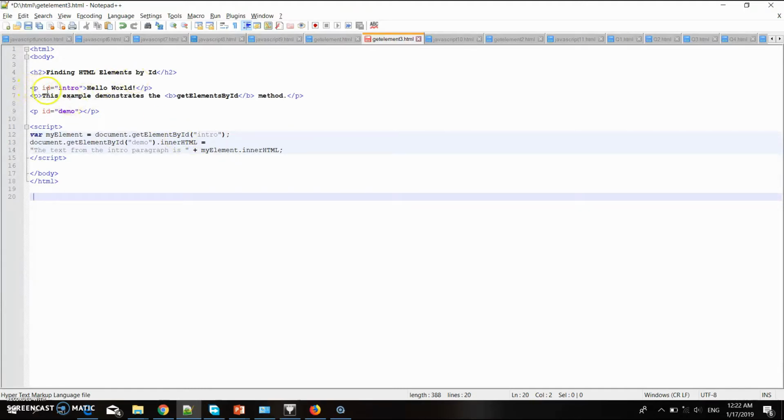Now I want to talk about GetElementById. In this sentence, I create the ID equals intro, and I set a sentence to hello. In here, I also create an ID equals demo, but I didn't set any sentence on the screen. I create a variable myElement equals